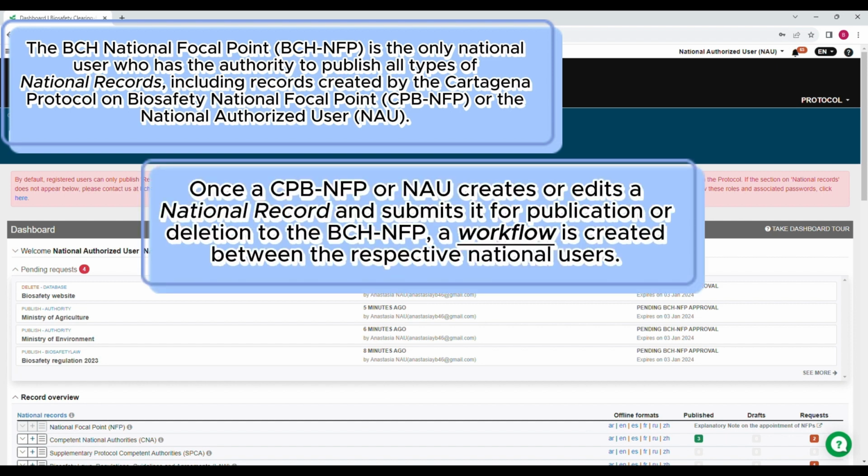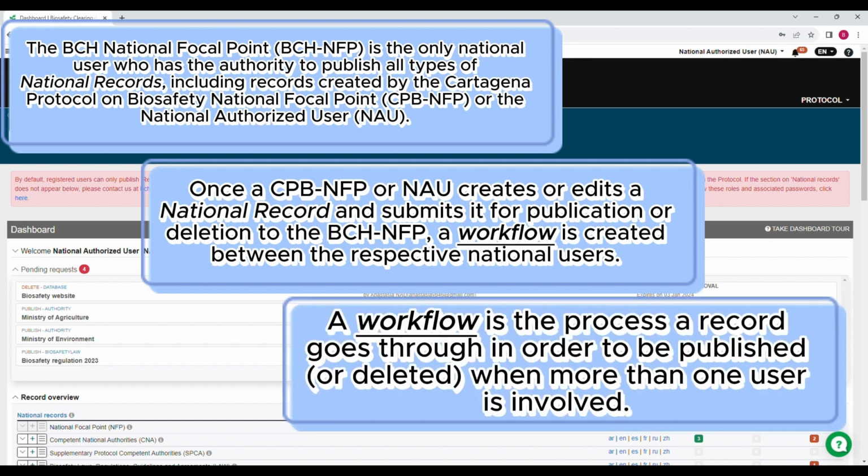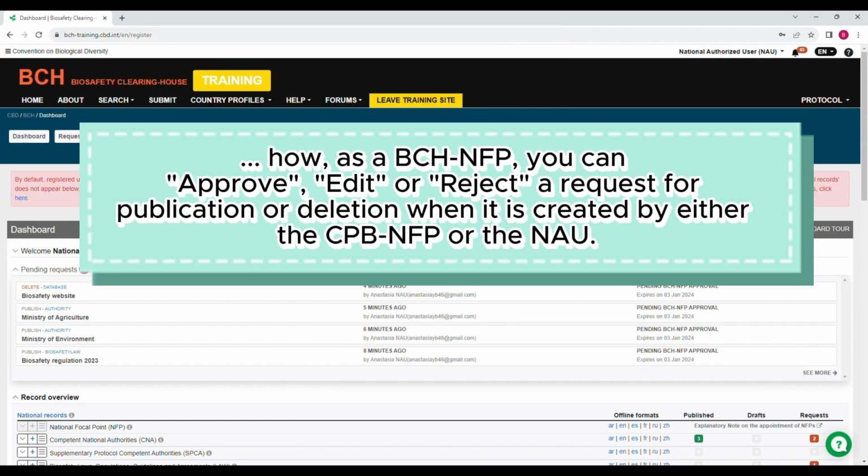Once a Cartagena Protocol National Focal Point or national authorized user creates or edits a national record and submits it for publication or deletion to the BCH Focal Point, a workflow is created between the respective national users. A workflow is the process a record goes through in order to be published or deleted when more than one user is involved. In this video, we will demonstrate how, as a BCH National Focal Point, you can approve, edit,